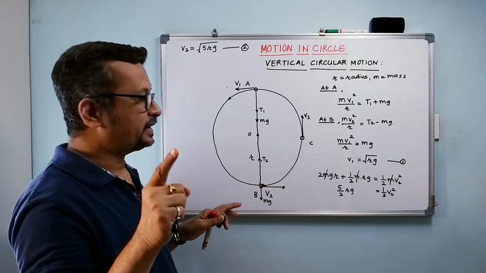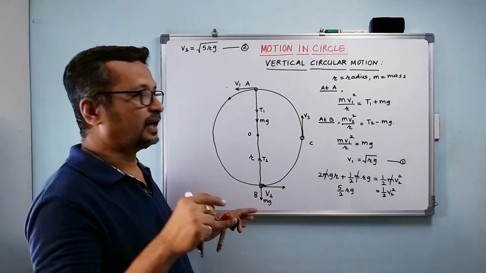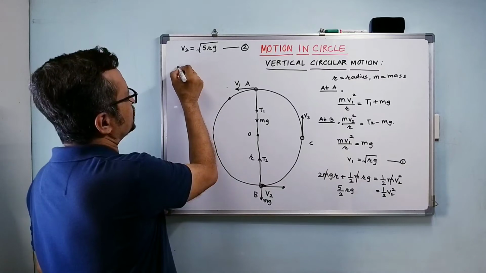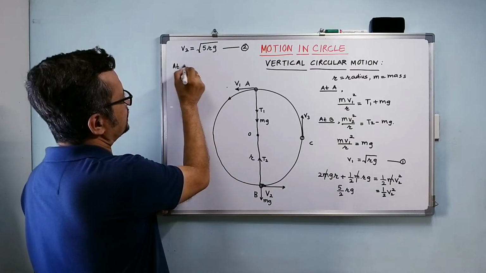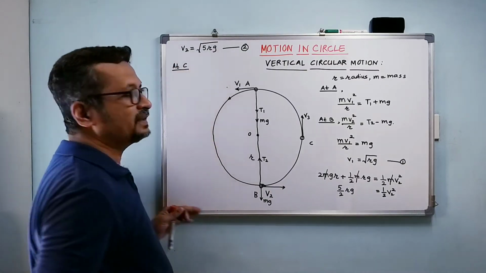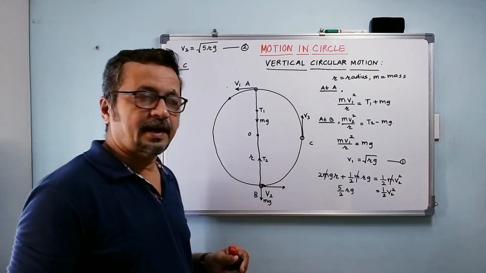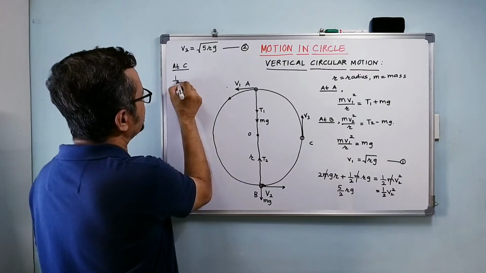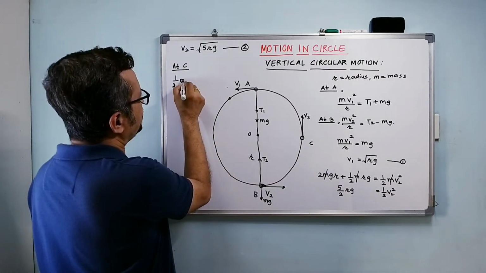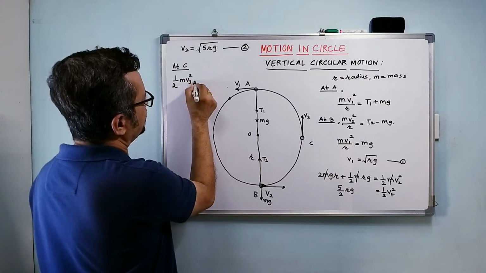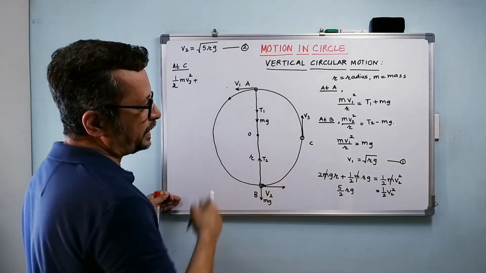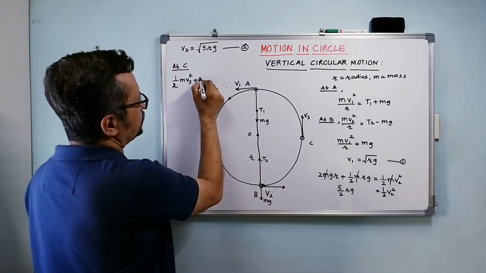So potential energy is going to be equal to mgR over there. So at C, kinetic energy, if my velocity is v3, will be equal to half m v3 square plus my potential energy, which is equal to mgR,